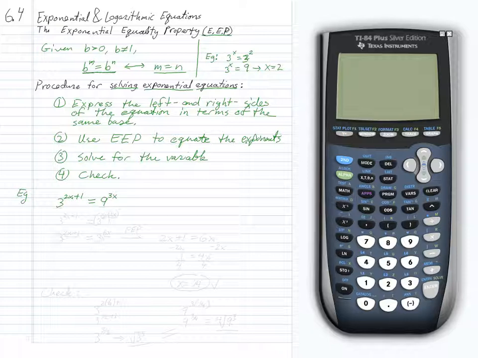So using this procedure, first I would like to express both sides in terms of the same base. And I'm noticing that the left-hand side has a base of 3, the right-hand side currently has a base of 9. But 9 is a power of 3. So if I were to convert that 9 and call it 3 squared,